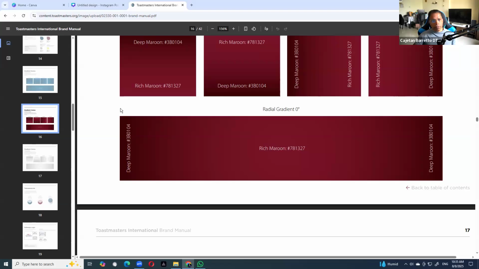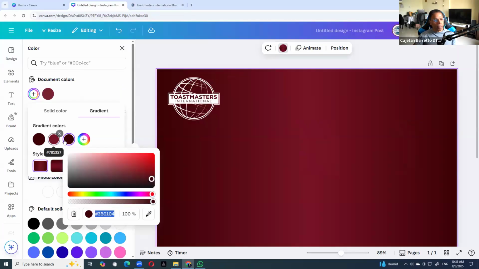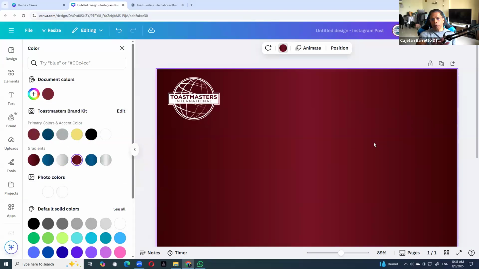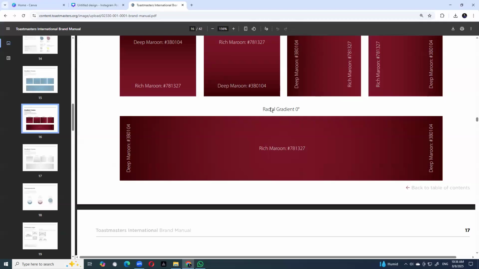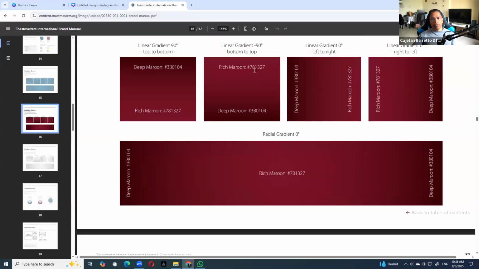This is the third section in your brand manual, right? So this is called radial gradient. Radial gradient is where you start with the dark, goes to the light, and goes to the dark. And you can easily do that in Canva by typing these 3 colors like this. And you can see now in your design, you have this light shade. I don't know whether you can see it clearly on your screen. So it starts with dark, it goes slightly light, and then it goes back to dark. This is called a radial gradient, right?